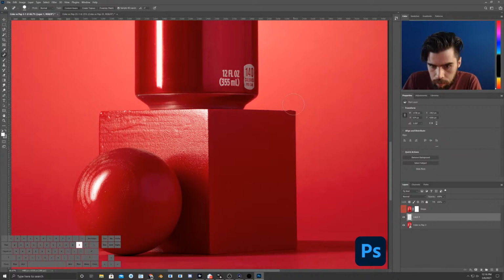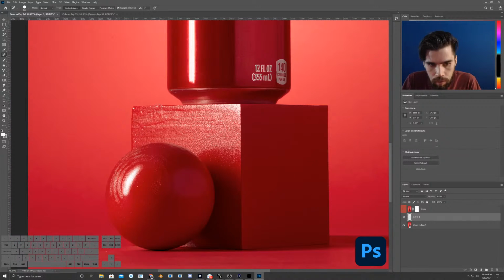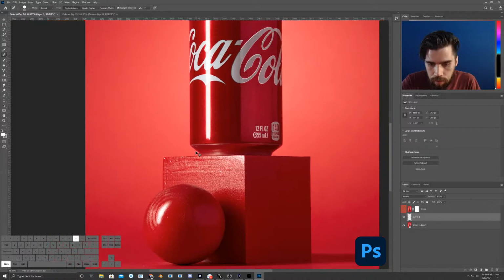See if I can make that. Boom, fake it. So I'm just using the spot healing brush and kind of faking it. See if I can level that out. Nope, I might have to use the pen tool, which I will. Most likely I'm going to use the pen tool